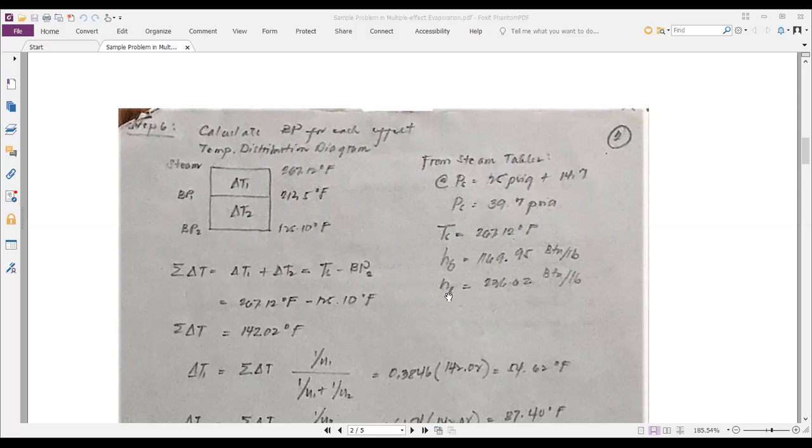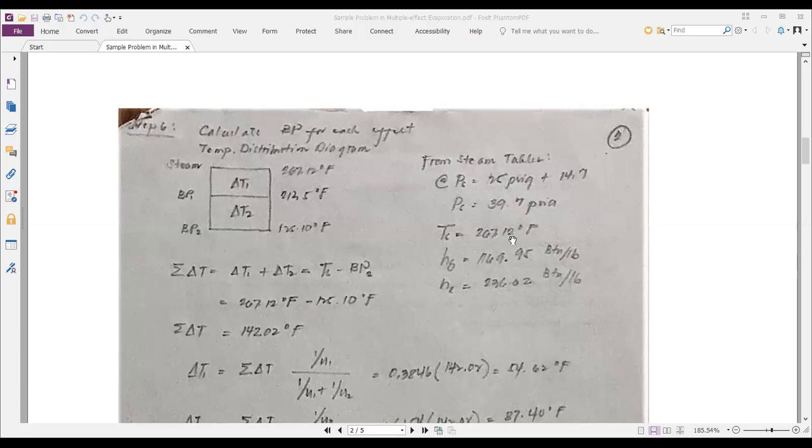Now you may wonder why did I get the saturated vapor enthalpy and the saturated liquid enthalpy for this particular pressure for my steam? I will be needing this in a little while. So I already took it now because I don't want again to go back to this part of my steam tables. I will be needing the lambda of my steam when I do energy balance. So needing the lambda will require me to get the saturated vapor enthalpy and the saturated liquid enthalpy. So here it is already. I don't want to go back to this part of my steam tables again.